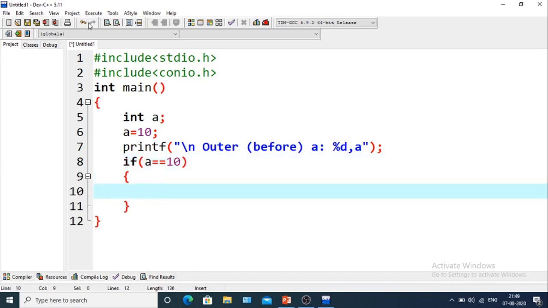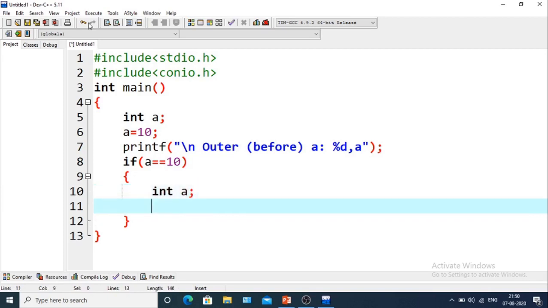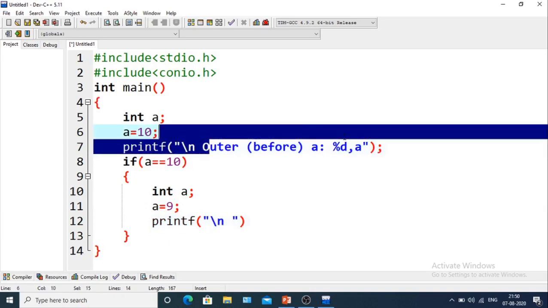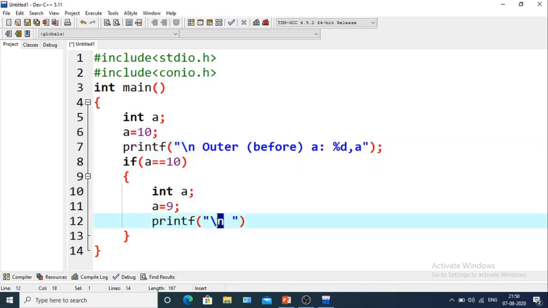So within the if block we will take another variable a, and now the value of a will be initialized as 9. And here in printf we can write that the previous one was outer, and this is inner.